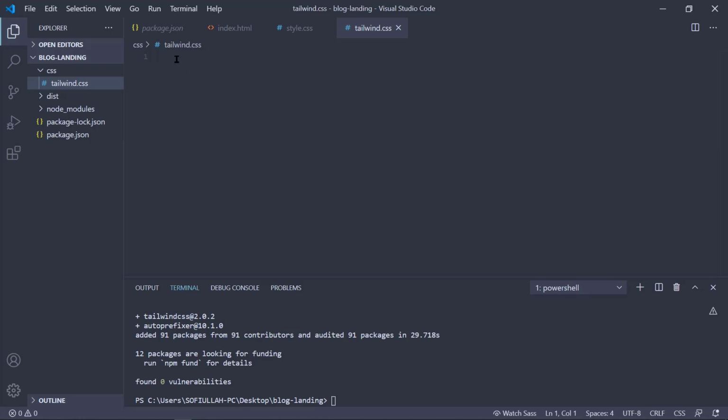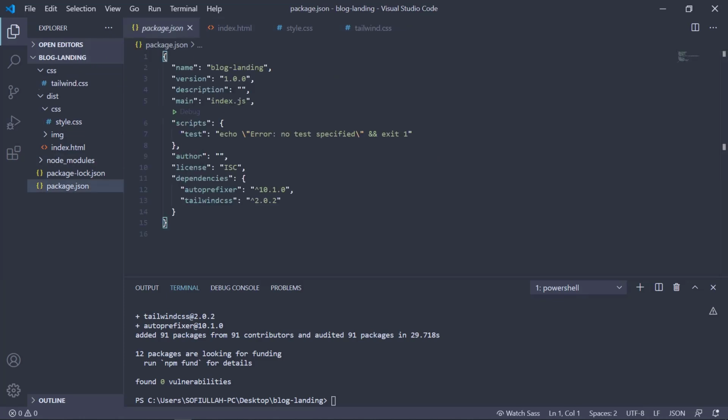Now we are going to put our CSS in here. We will not touch anything about the CSS files inside dist. Actually we will put our CSS in this Tailwind CSS file, and we are going to use the npm package manager to compile all of this CSS into the other CSS file. So for that we need to create a command here. If you are already familiar with the npm package manager, then it may be very easy for you, but if you are not, it can be somewhat difficult, but if you practice enough, it will get easy.